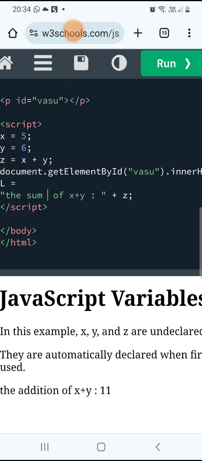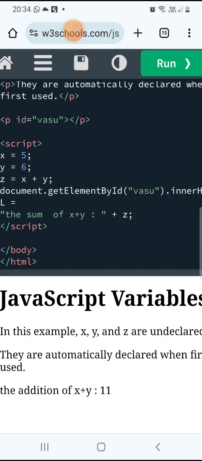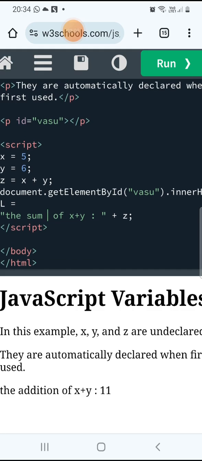Plus what? A string plus z is what? Z is a variable which is holding x plus y, the sum of two variables x plus y. This total code is written inside of the script. So here, try to understand one method, a JavaScript HTML method called getElementById. The getElementById method is a JavaScript HTML method used to find